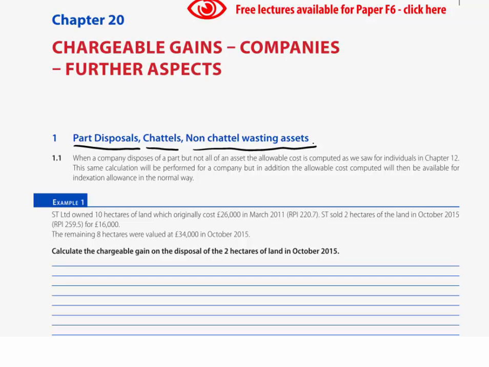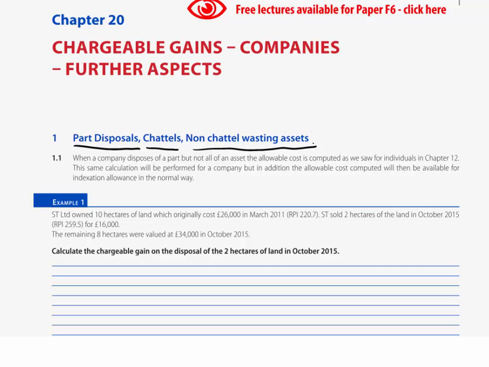Same with chattels. When looking at chattels, we learned rules as regards wasting chattels, what would be exempt, so no calculation to do, just wasting chattels were exempt, and then other tangible chattels that we would deal with. Tangible chattels that were not wasting chattels, things like antiques, paintings, jewellery, stuff like that, that when disposed of there were special rules. Now those rules, again, you need to re-familiarise yourself with back in Chapter 12, and they included: